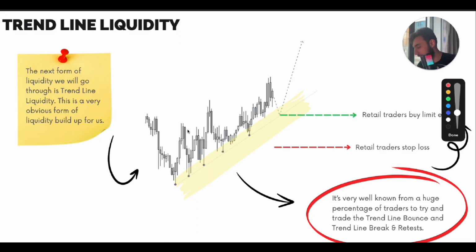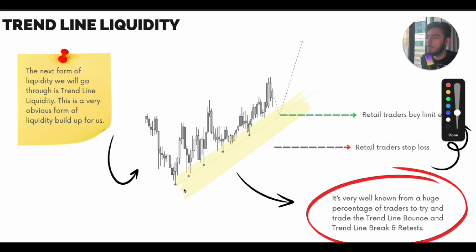It's exactly like the equal high and equal low logic, but most traders believe the trend line is actually going to be respected. The reason most retail traders believe the trend line is going to work is because of the market maker's movements, the market maker trick, I call it, that big cargo boat trick.